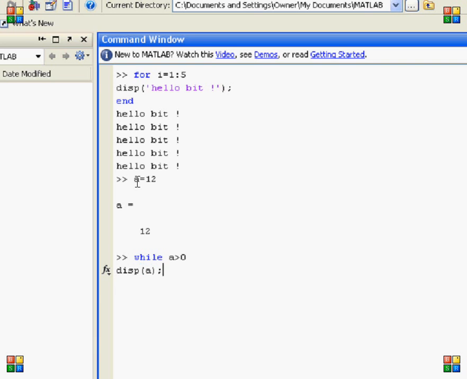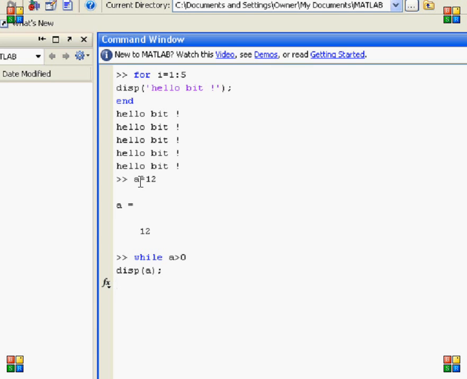Also, I want to introduce you to a little change between for and while. In a for loop the increment is done by itself, while in while, you will have to do it by yourself.